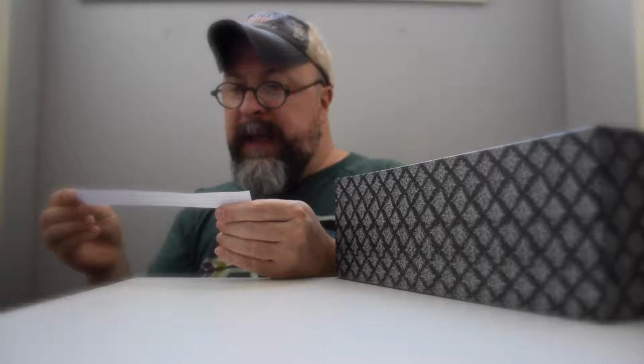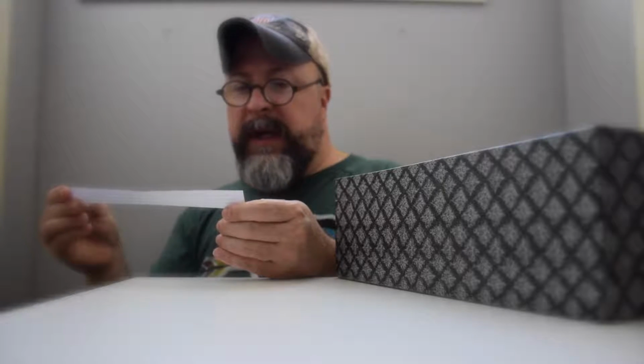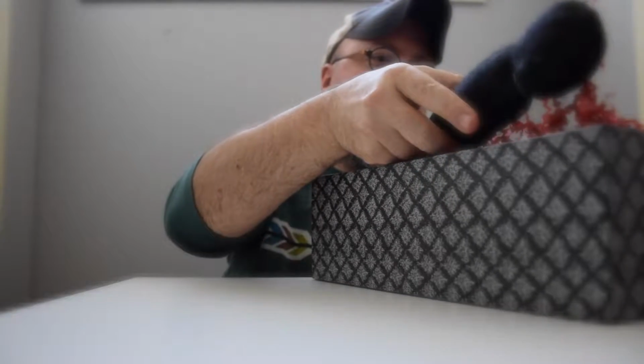Inside there's also a little slip of paper that says, "In an attempt to create a vintage presentation, the Black Doll comes packaged with red shredded paper. Due to the nature of the material used, some paper and dust particles may stick to the surface. This is easily remedied with a lint roller or Scotch tape," which, as soon as I looked in, I saw that. So that's interesting and a good idea to have that as a disclaimer. So this is what it looks like in the box. Doesn't tell you too much yet, but as the Black Doll comes out,